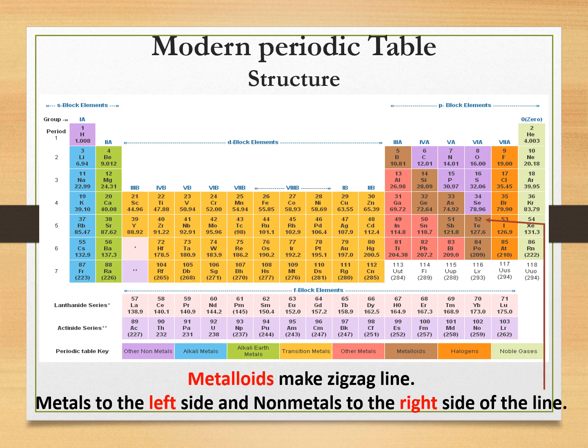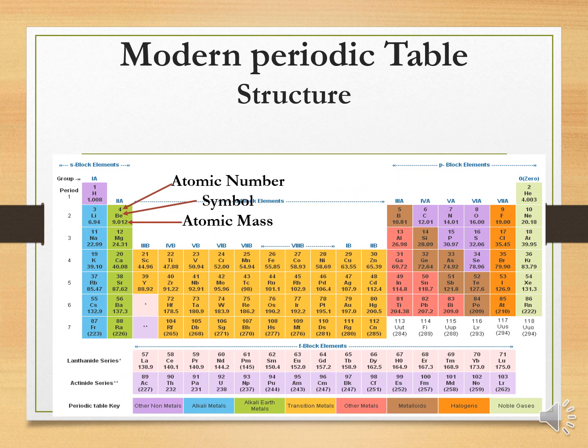Students, you have learned what metalloids are. Metalloids are the elements which have properties intermediate to metals and non-metals. These metalloids make a zigzag line in the modern periodic table. All the elements to the left-hand side are metals, while those to the right-hand side are non-metals. This modern periodic table has in all 118 elements. Out of that, uranium's atomic number is 92 and afterwards, that is 93 to 118, all are man-made elements.